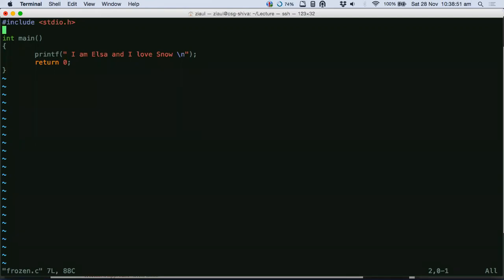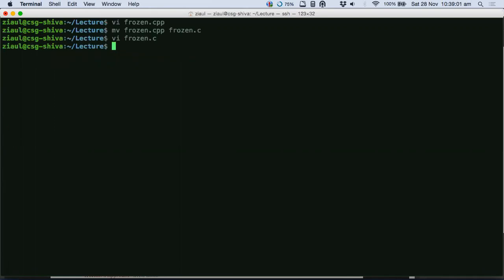Now I've explained the header file concept. Header files are for when you want to use functions which are part of the language, and which you have not written personally. Now I'll come to the preprocessor. What is called a preprocessor? As the name suggests, preprocessor means something that happens before compilation. Just remember this: preprocessing means something that happens before your compiler starts compiling the program. That's the preprocessing.